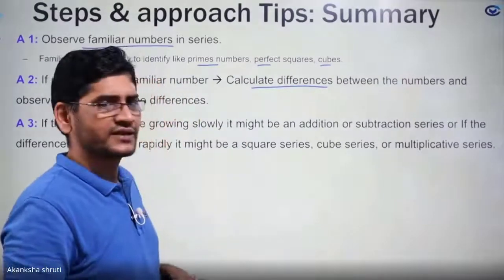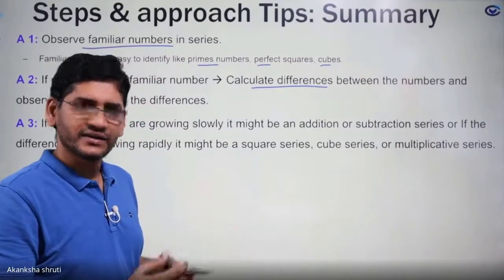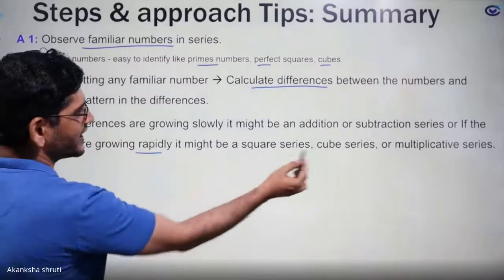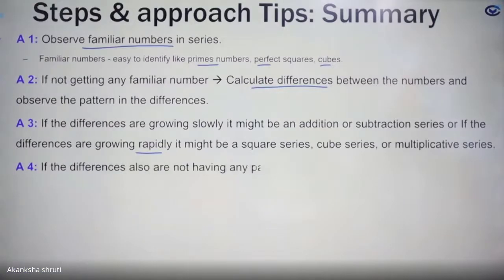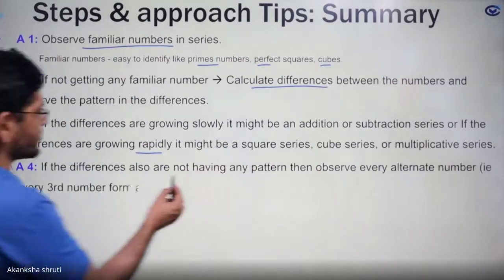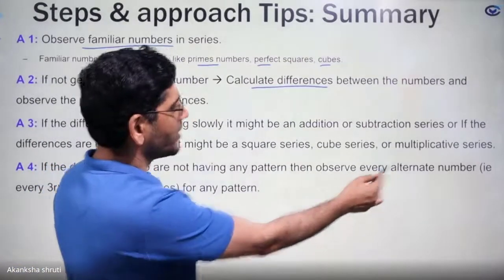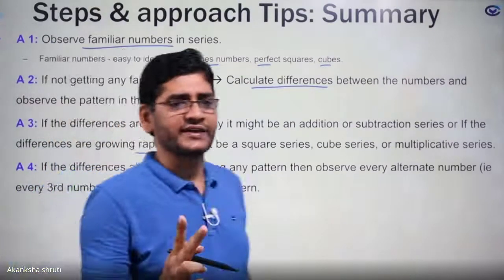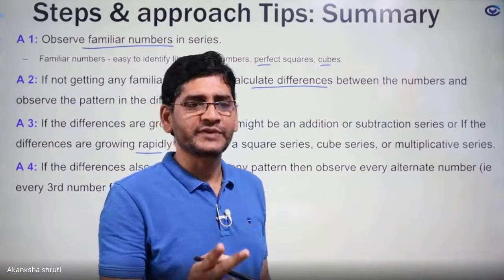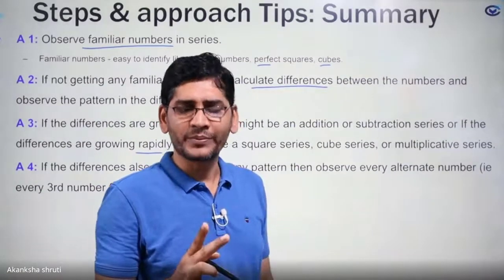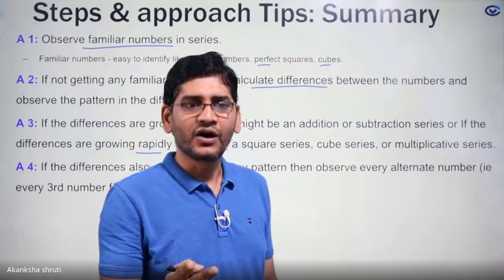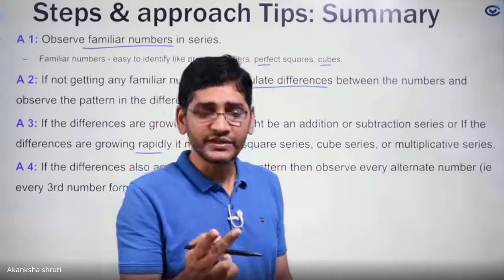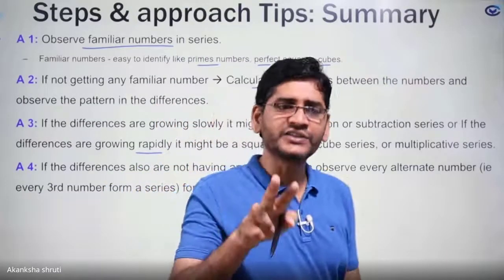The next one is if it is zigzag, then go for the alternate. So the same thing is this, whether it is increasing rapidly or what. Students, then finally, if the difference also does not have any pattern, then observe alternate, which we have written. Finally, if not this one, then we have the special case where the term is obtained by adding the previous term, or the term has a digit relation, or the term has some complex relation with the previous term, or whether the term is obtained by reversing the digits of the given number.